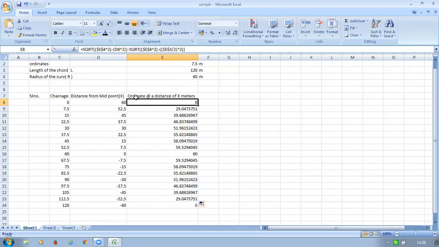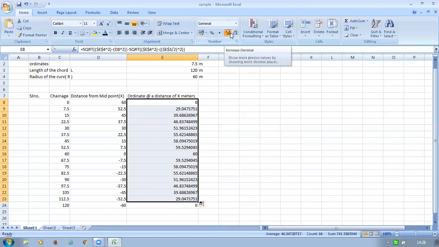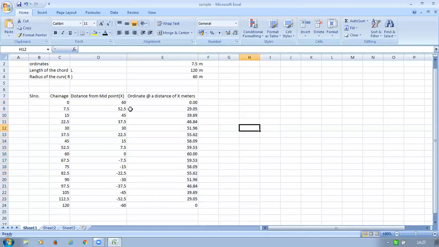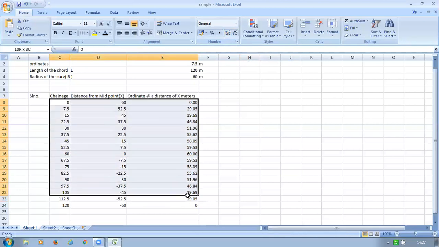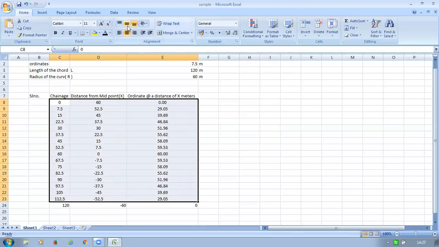Now we have this. I don't want this many numbers after the point; I want only two decimals. Just click on this to reduce or increase the decimals. Now set these values in the middle.